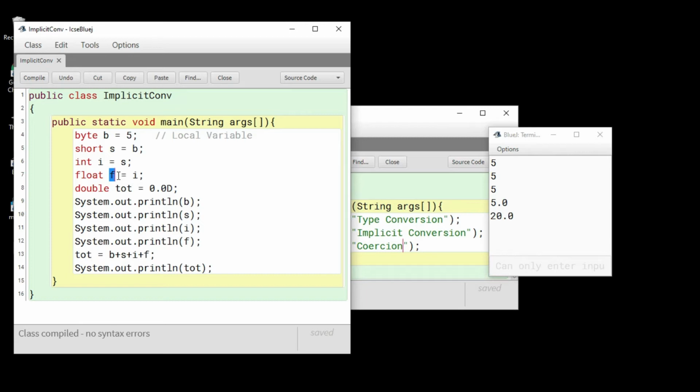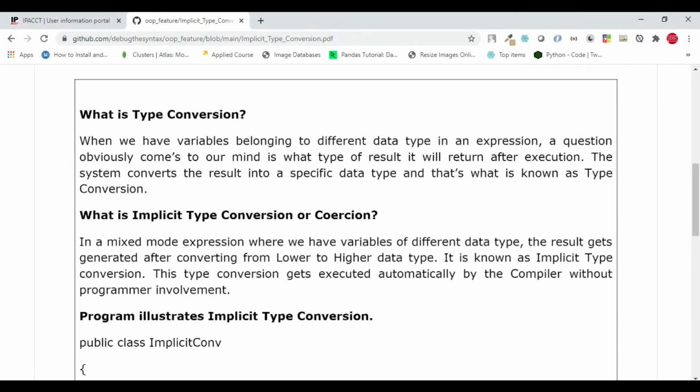And finally, there is a variable of type double which holds the result of all these different data types. This is what our objective is: can we write a program or perform an equation or expression where we are going to deal with different data types? The answer to this question is yes, and that's what this topic is all about.